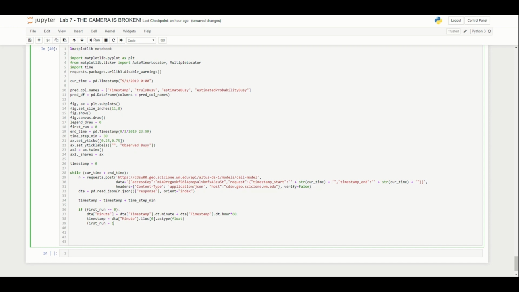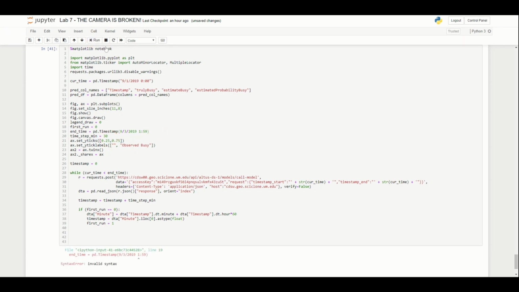Just for the sake of testing this, I'm actually going to change this so our end time is a very, very early end time. So we'll start, for example, at 0, 1, 59. So we should only get, at 30-minute time steps, about 4 iterations. So we'll go ahead and